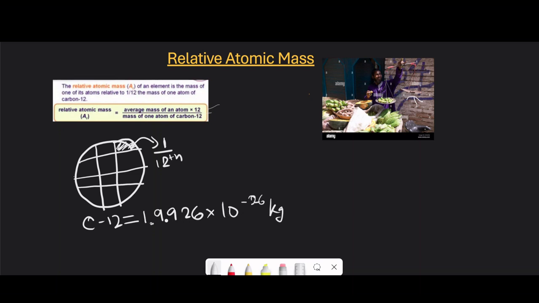Now you can imagine this is a really small number, right? But we're not interested in the whole mass of an atom, but we are interested in 1/12 of it. And when we do that, we basically have to divide this by 12, and we find out that this comes to